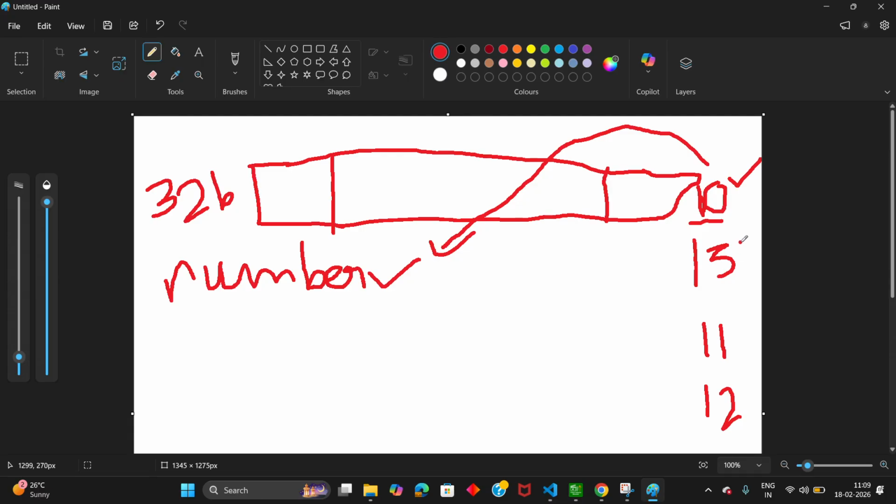We don't know in which memory address it is going to be stored. So what we do is use an ampersand symbol before the variable. Even though we don't know in which location it is going to be stored, we know what value is going to be stored. In all cases we can say that this particular number will be stored, right?